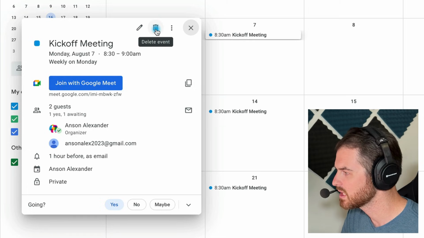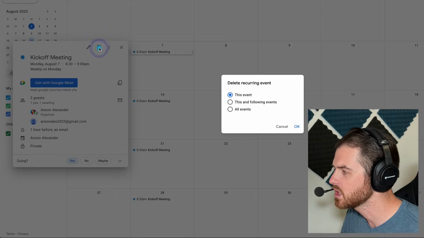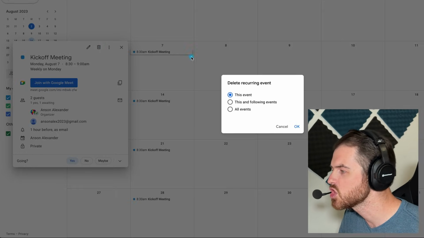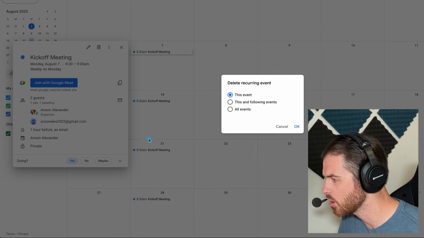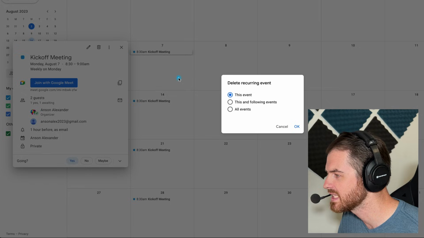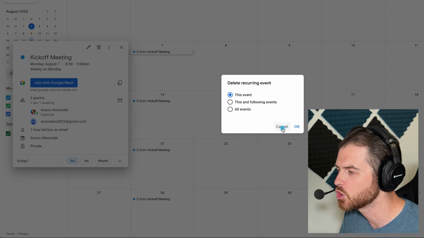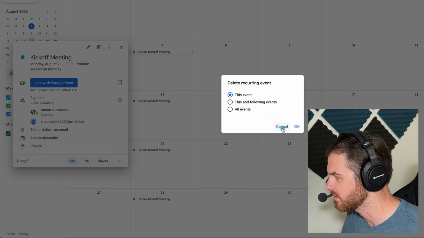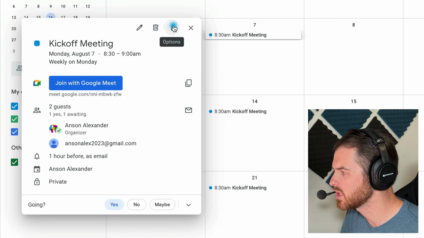We could delete it by clicking on the trash icon, and because this is a repeating event, let me show you. When I click on delete, it lets me know, do I just want to delete this single event? Do I want to delete this event and all of the future ones? Or do I want to delete this event, all the future ones, and all of the past events? That would be this all events option. Now I'm not going to do that right now, but I just wanted to show you how you could delete an event. And so we can click cancel,